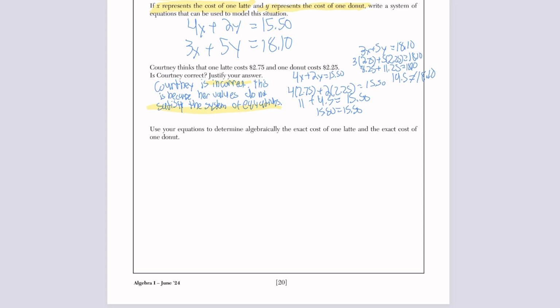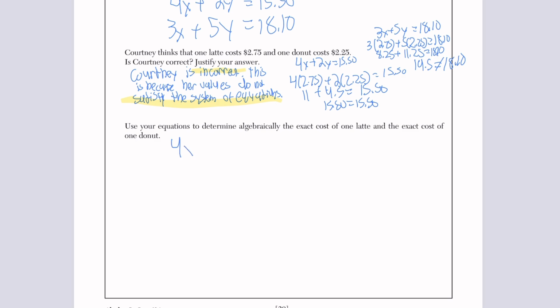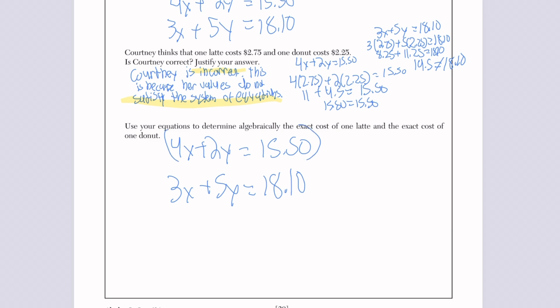So in this case, what I'm going to do is I'm just going to copy them down because we're going to have to do stuff with them. And you can go about this two ways. You can either make a common value with y or with x. So I'm going to just do y, and a common multiple with them is going to be 10. So to make the 2 a 10, we have to multiply this whole thing by 5, and to make the 5 a 10, we have to multiply the whole thing by 2. So these become